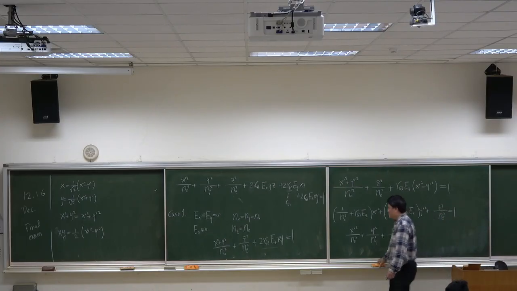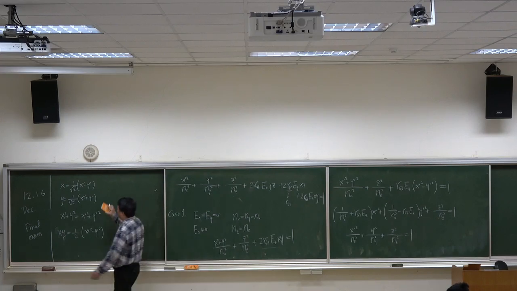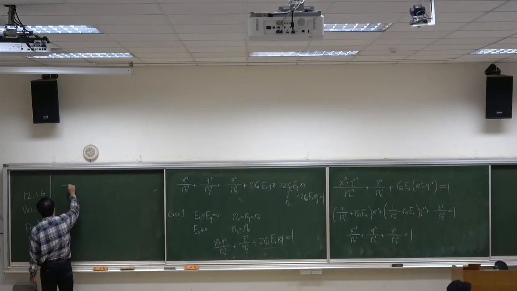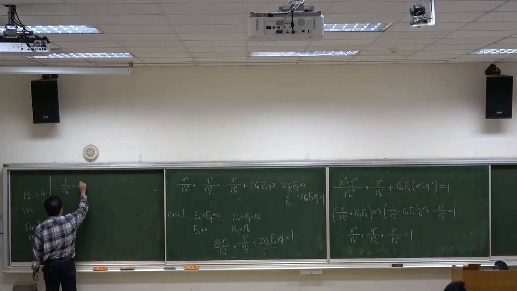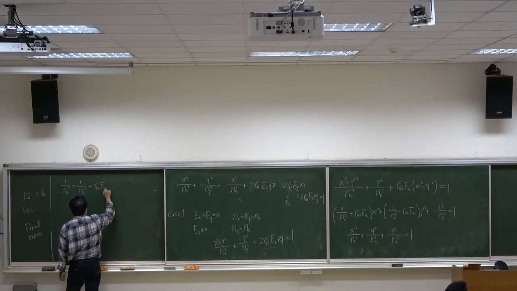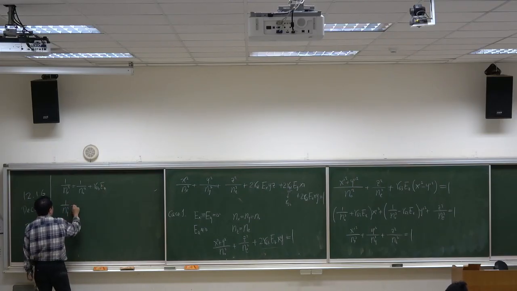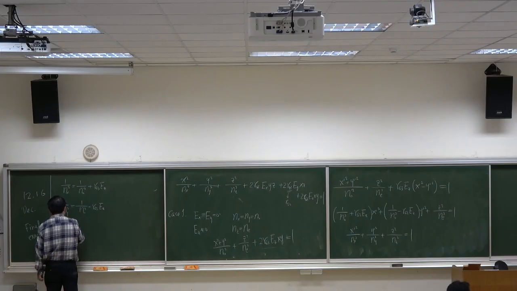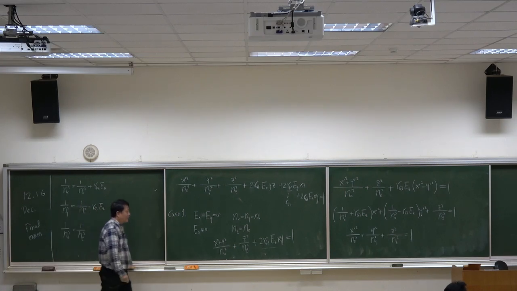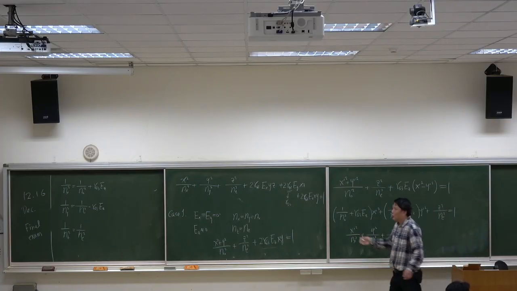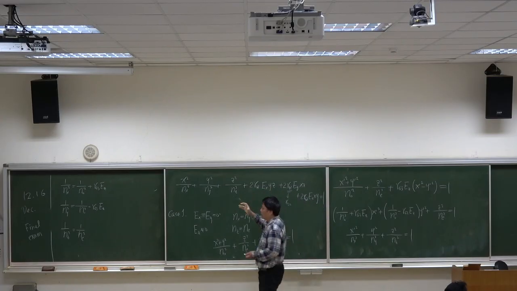Okay, which means that now we have 1 over nx squared equal to 1 over no squared plus r63 Ez, and 1 over ny squared is equal to 1 over no squared minus r63 Ez, and 1 over nz squared is just the original 1 over ne squared. So in this way we can construct the new nx, ny, nz. The new axes we already know, which is rotating by 45 degrees. So now we can